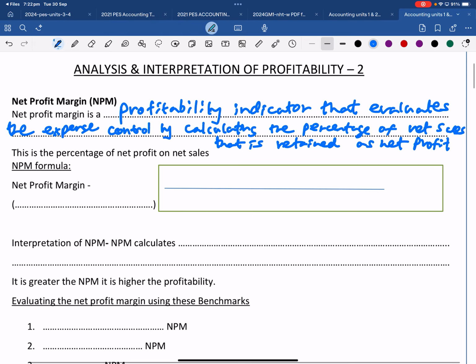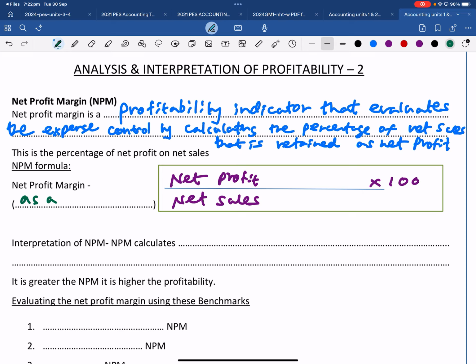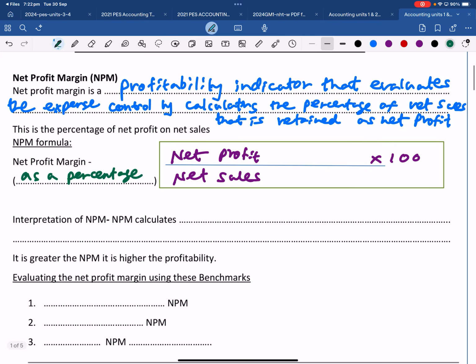Take down the formula, guys. Net profit margin. Did we do net profit margin before? Yes. That means we can do this part faster. Net profit over net sales times by 100. Net profit margin we calculate as a percentage. NPM calculates how much of net profit